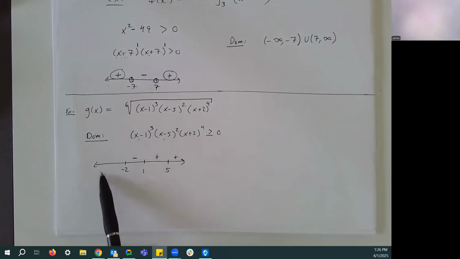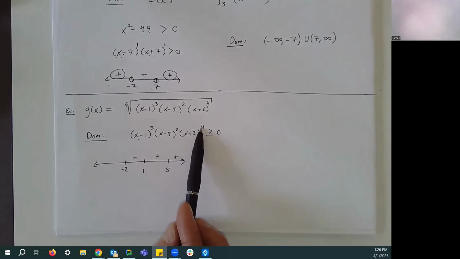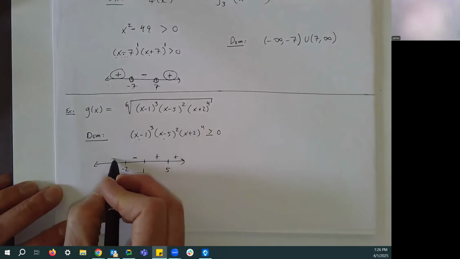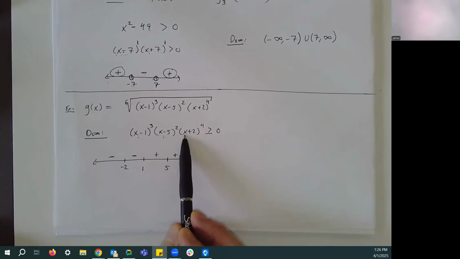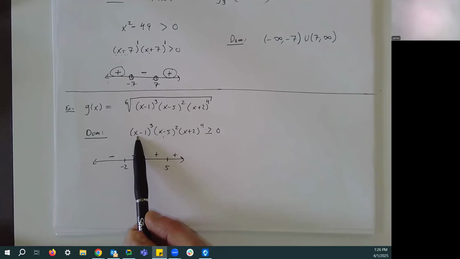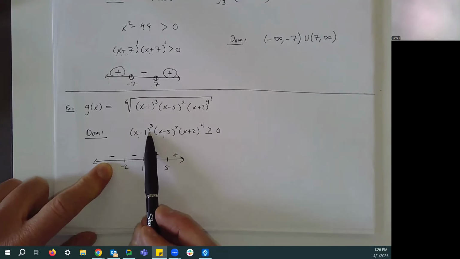All right. What do we think we're going to have over here? Well, the -2 came from this part. It's raised to an even power. So we're expecting the sign to stay the same. So it's staying negative. We can also check it, right? In fact, if we look at this thing with a more discerning eye, this part's always positive. This part's always positive. The only thing that's affecting the sign is this part here. If you plug in -3, -3 minus 1 is -4, and -4 to the third power is still negative.